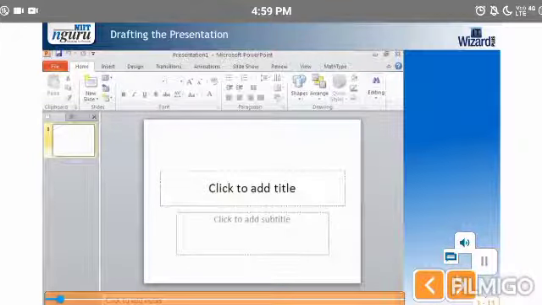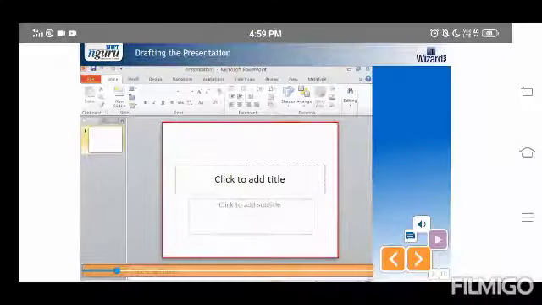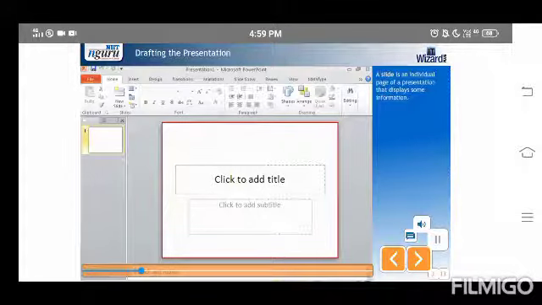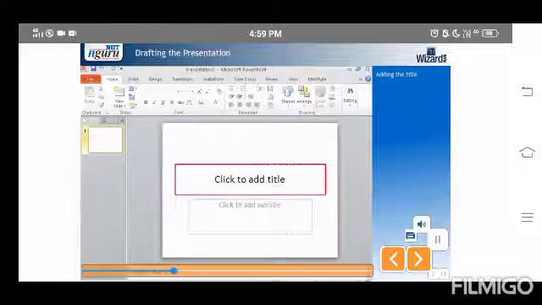On opening Microsoft PowerPoint, a presentation with the default title slide opens. Children, if you are practicing it side by side, here is the play and pause button. A slide is an individual page of a presentation that displays some information. To add the title,